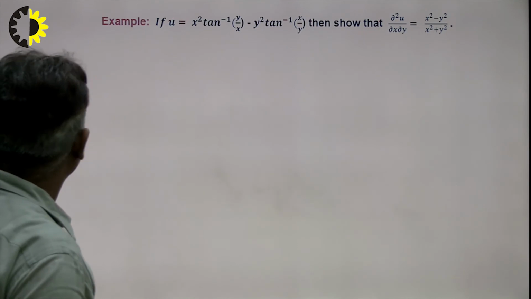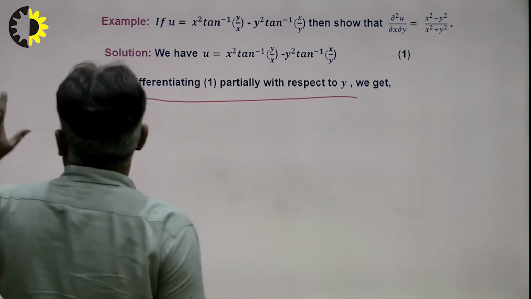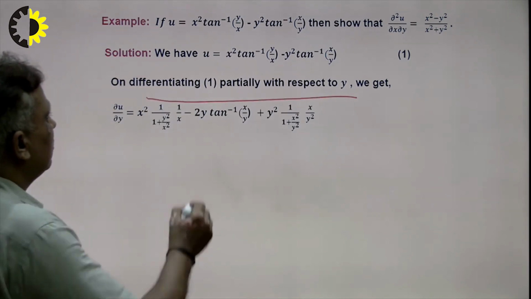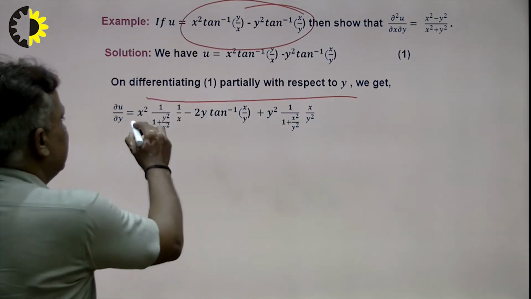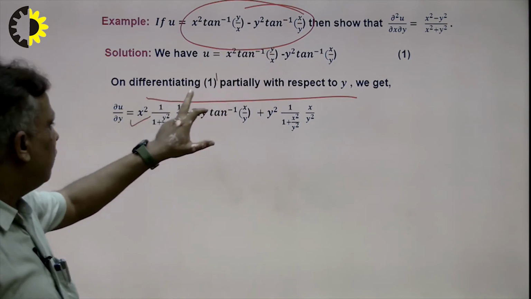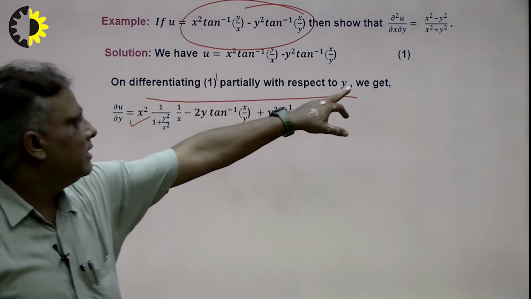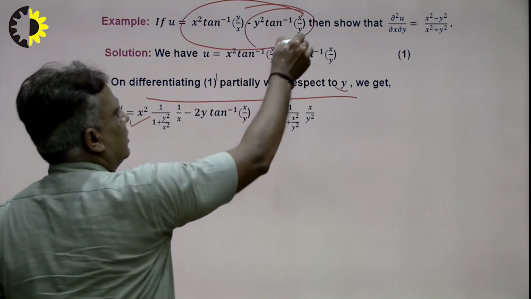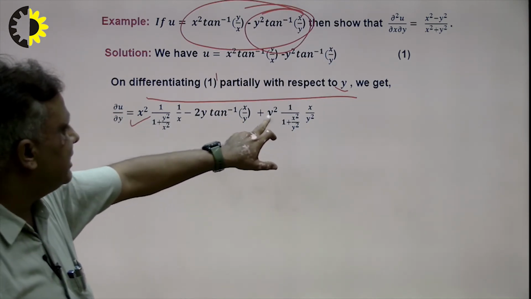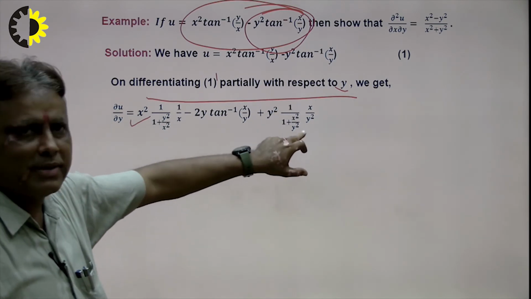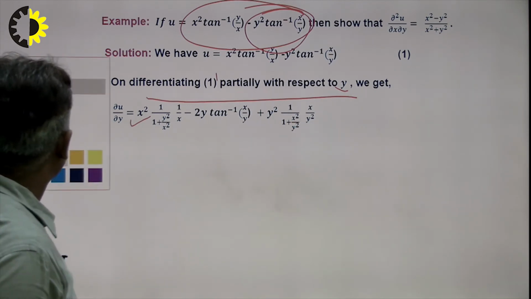So in this way we approach our problem. First this is the given part and we differentiate partially with respect to y here, and what will be the result? So del u over del y. I differentiate these terms with respect to y. So x square is as it is, this is as it is, and the differentiation of tan inverse of y upon x is 1 upon 1 plus y upon x whole square, and y upon x is 1 upon x with respect to y, right, and there we apply the product rule, right? So the y square differentiation gives minus 2y tan inverse x as it is, plus y square as it is, and the differentiation of tan inverse x upon y gives 1 upon x square plus y square, and x upon y gives minus x upon y square, minus plus. So in this way we find our result.